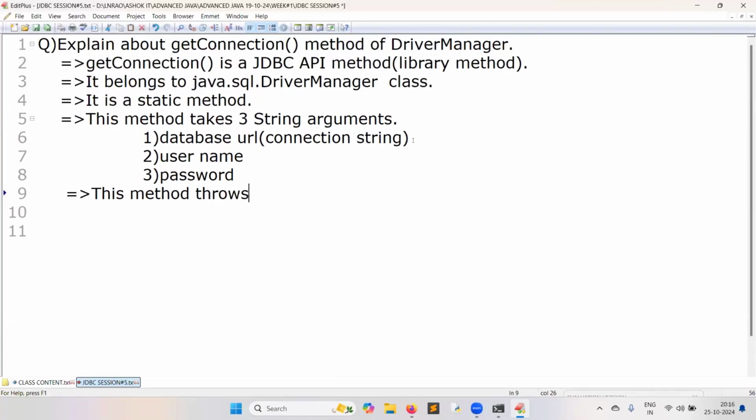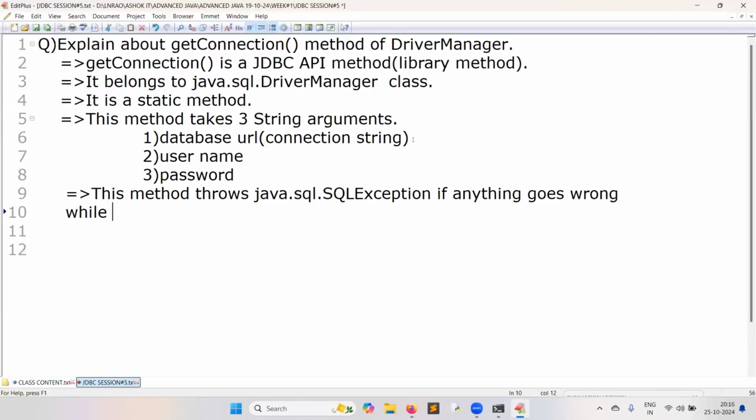This method throws java.sql.SQLException if anything goes wrong while establishing the connection with the database server.